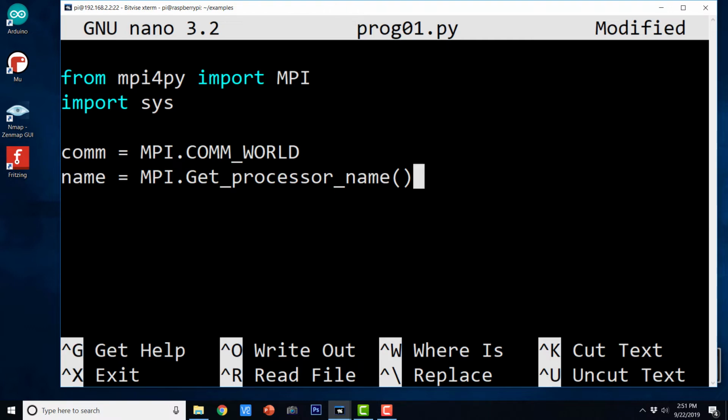And MPI.Get_processor_name is going to fetch you the host name.